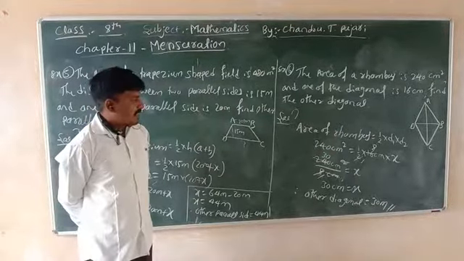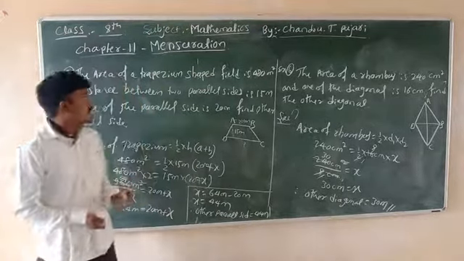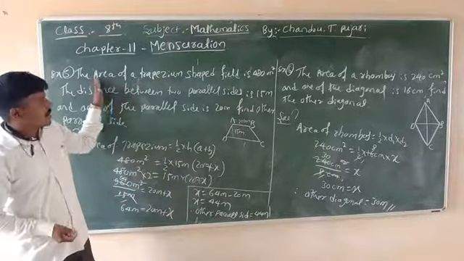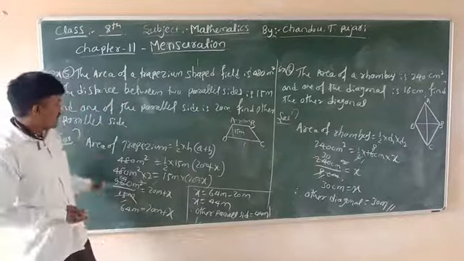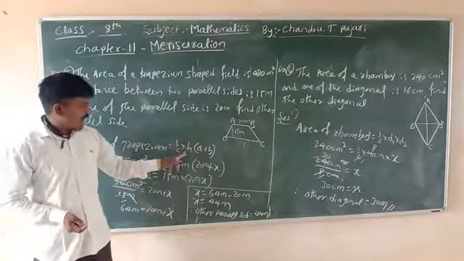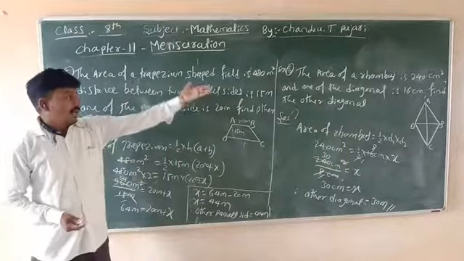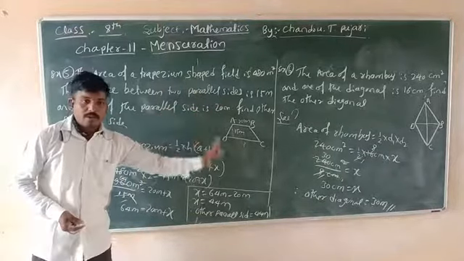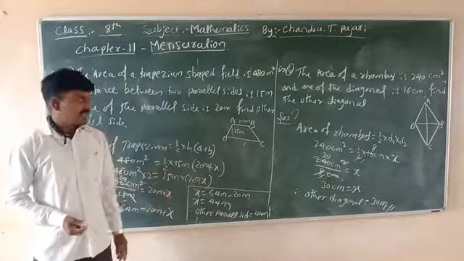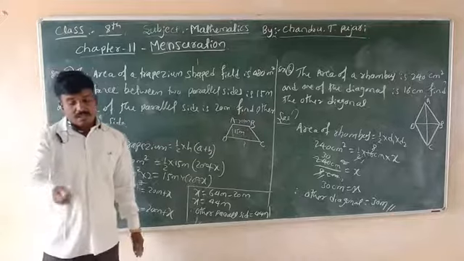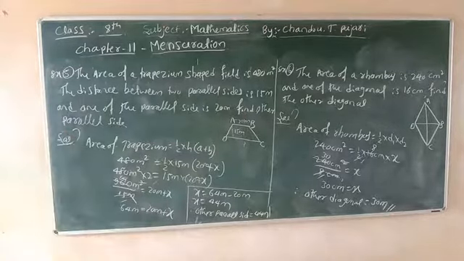30 centimeter. Got it? You can write this for questions on the trapezium and rhombus. Trapezium area is 1 by 2 into height into a plus b. Area of rhombus is equal to 1 by 2 into d1 into d2. Next, some area of polygons are here. Check some examples.